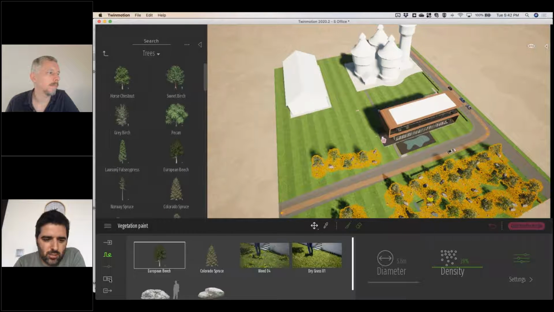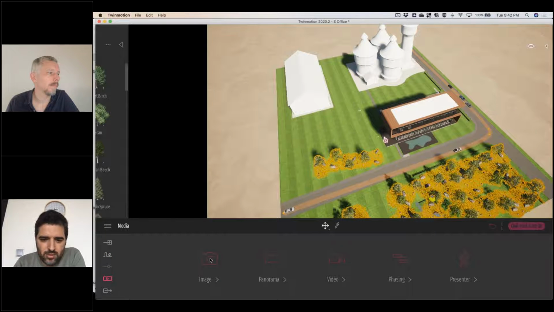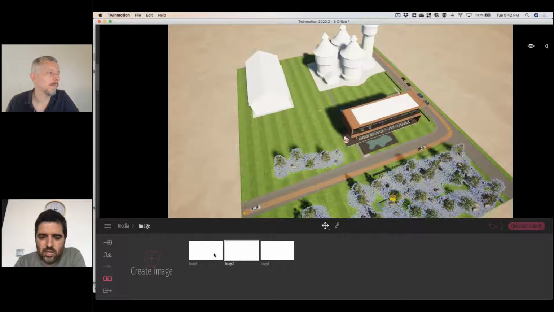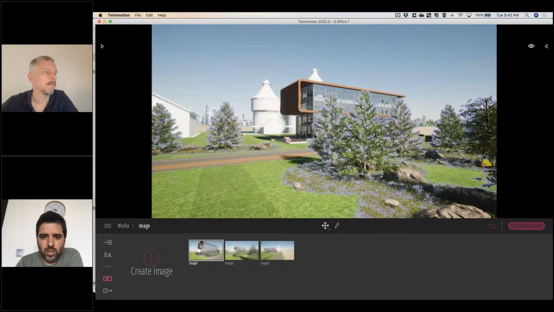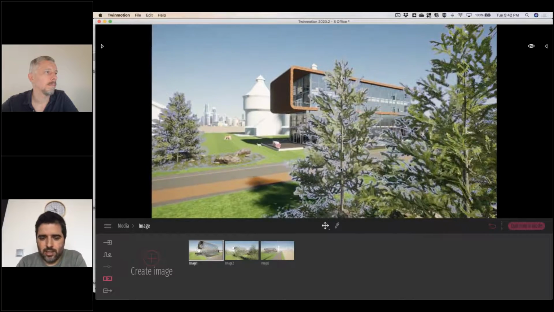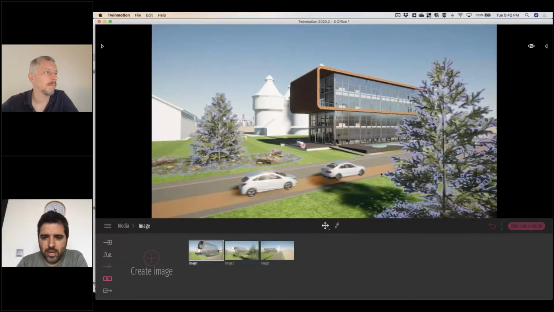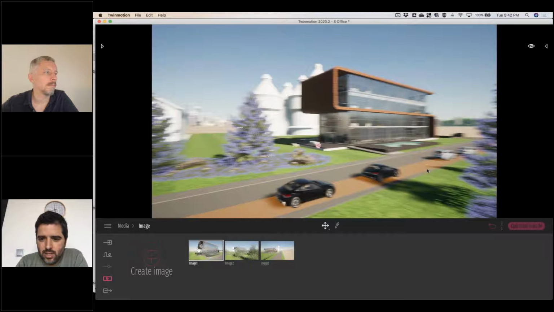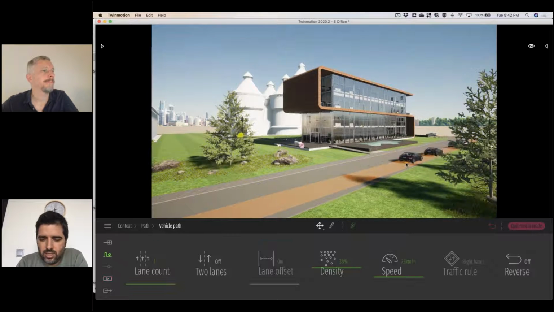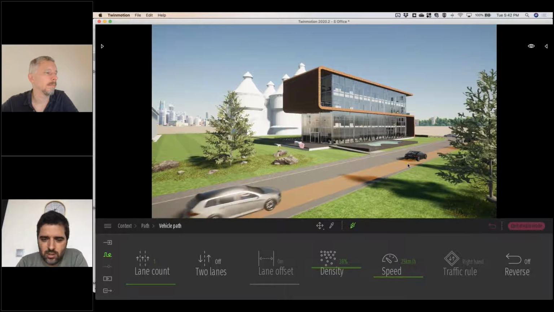Okay, let me just go back to the previous scene. So you can see I use this navigation mode a lot to go to the air or to a perspective view where I want to see my vehicle path, for example. And if I want to change the density,